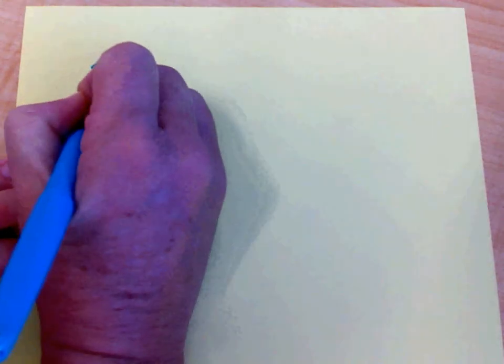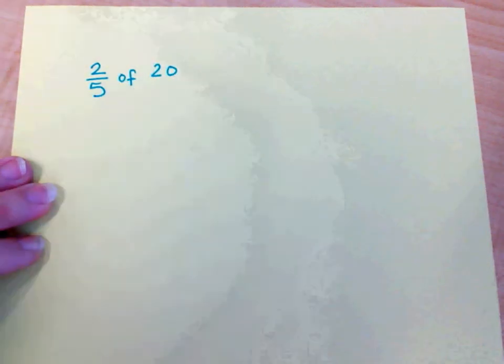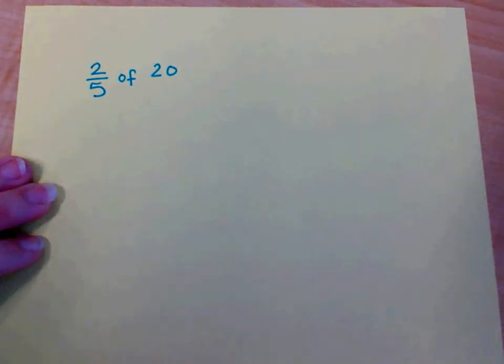Okay, today, boys and girls, we're going to look at multiplying fractions, but we're going to look at seeing how numbers can be reduced before we get to the final answer. We're also going to look at whole numbers and how we write a 1 underneath it and maybe make some conversions. So, if I have 2 out of 5, and I'm comparing that to 20, my equation says 2/5 of